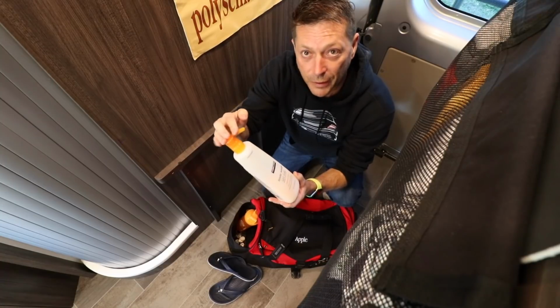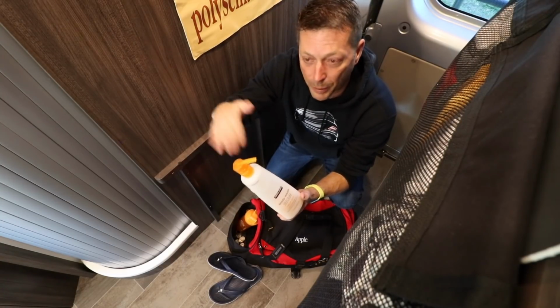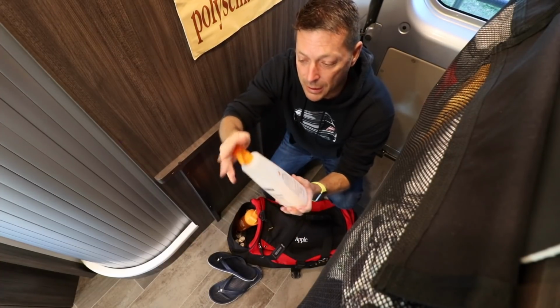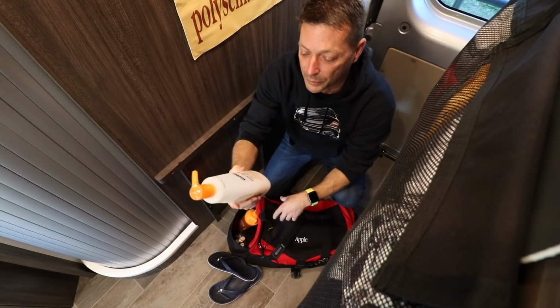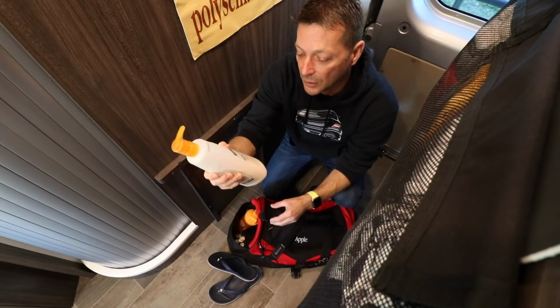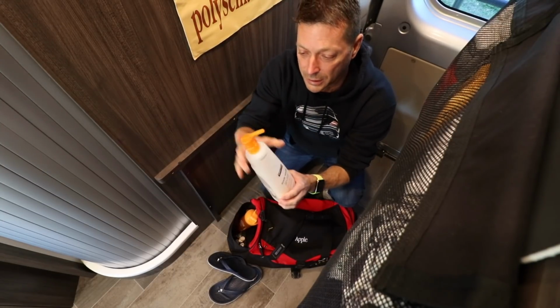Number two, I like shower gel. Get a shower gel that has a locking pump top. So you pump, you do your shower washing. Your last pump, you lock this, and then it doesn't leak. And to me, that's really important because I don't want soap all over my stuff. So this is Costco brand. You get 2 bottles for $10, and not only a great quality product, but it has this locking top, and